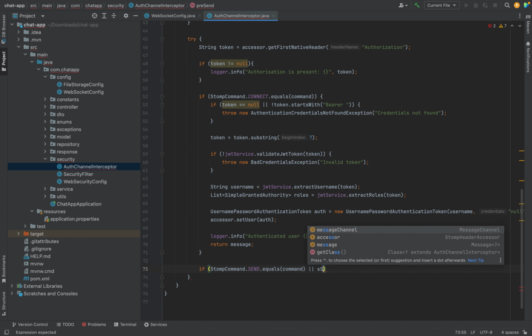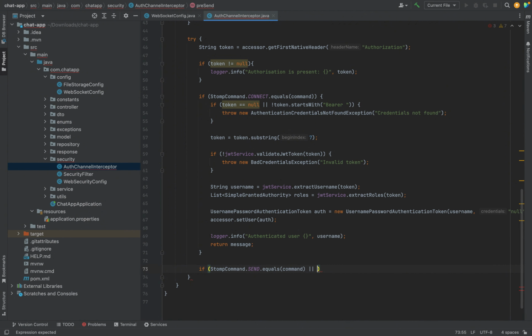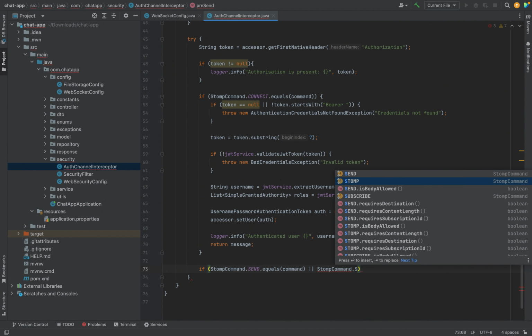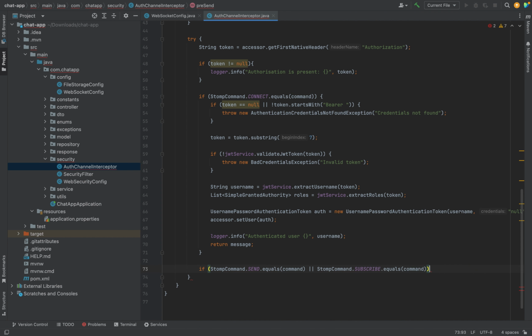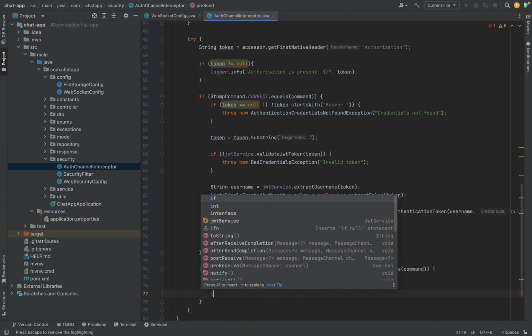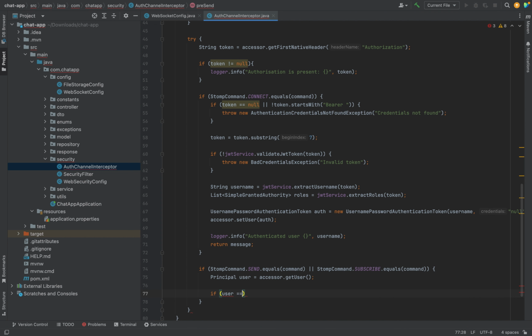or STOMP.SUBSCRIBE dot equals command. That's the command being entered. If it is any of these, we want to check the user, so we can just say accessor.getUser, right? We want to see if the principal user is available in the security context. All right, so we are going to say if user is equals to null,